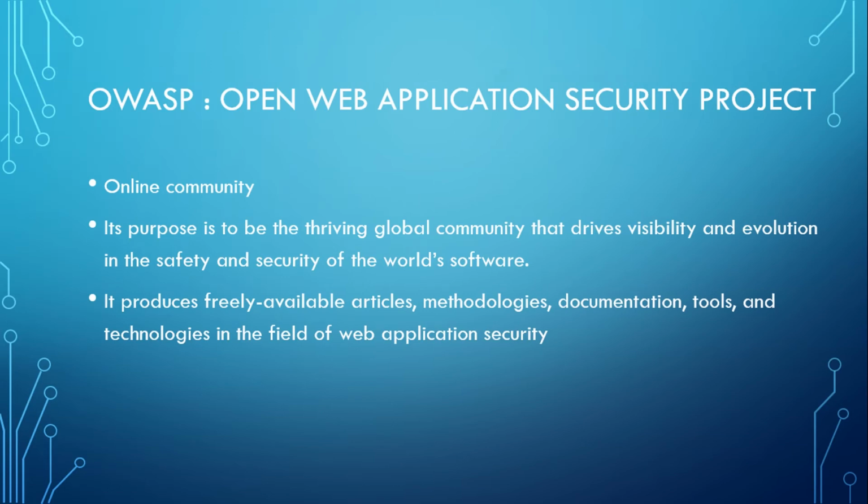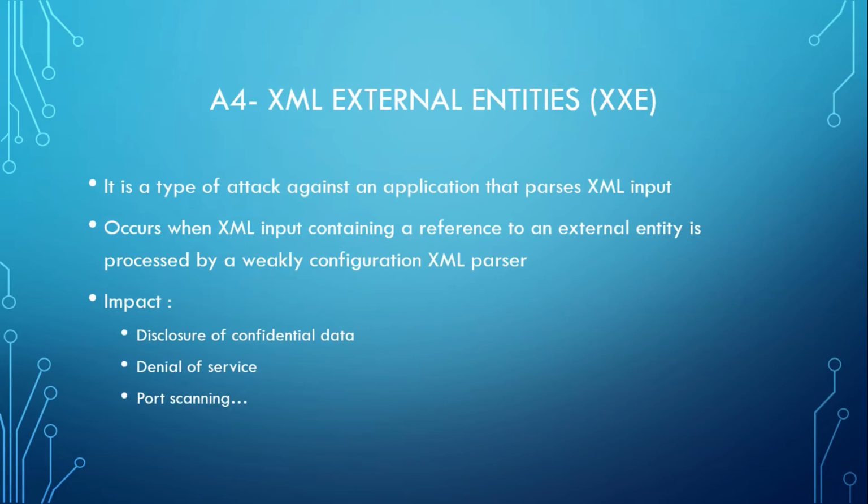OWASP, or Open Web Application Security Project, is an online community whose purpose is to be the thriving global community that drives visibility and evolution in the safety and security of the world's software. It produces freely available articles, methodologies, documentation, tools, and technologies in the field of web application security. One of the most known OWASP articles is the Top 10 Security Risks, which includes the XML External Entities, or